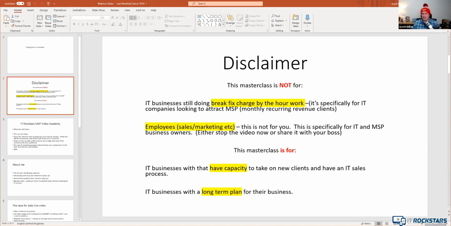Certainly from when I was doing IT sales, this is the bit before the IT sale. So it's about attracting prospects and quality leads. It was the biggest pain point that I had. And this is a long-term plan for your IT business. So this just isn't a case of do it over the course of 30 days and you will see instant results. This is the case of do it over at least 12 months and you will get results.